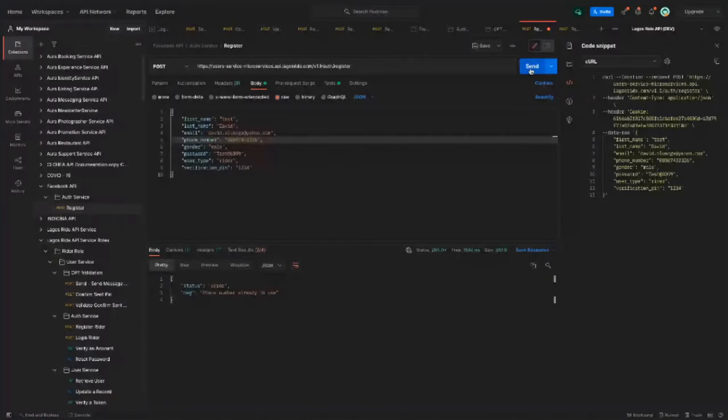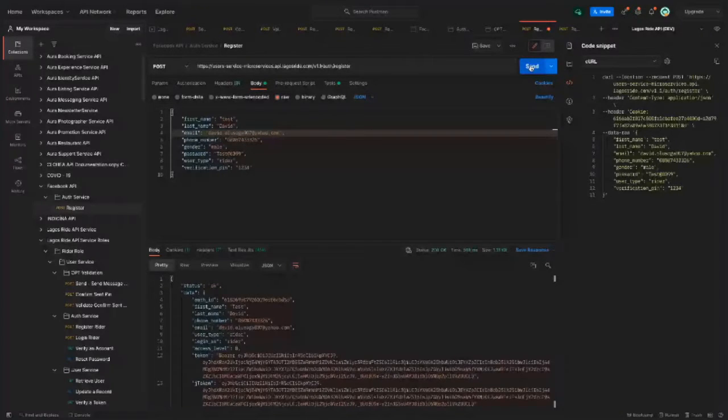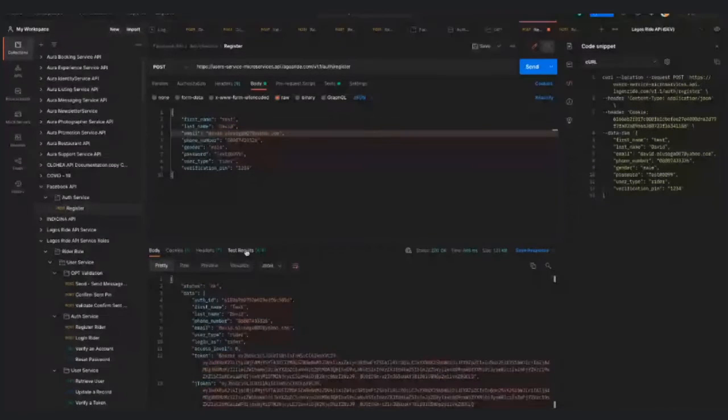Okay, it's telling me email address already exists. Okay, let me use this email address. Let me send this request again. So as you can see, I have changed some of the data on the screen. So I changed the email address, I changed the password. So for me to validate that, okay, all my tests were executed, if I click on this guy, test result,